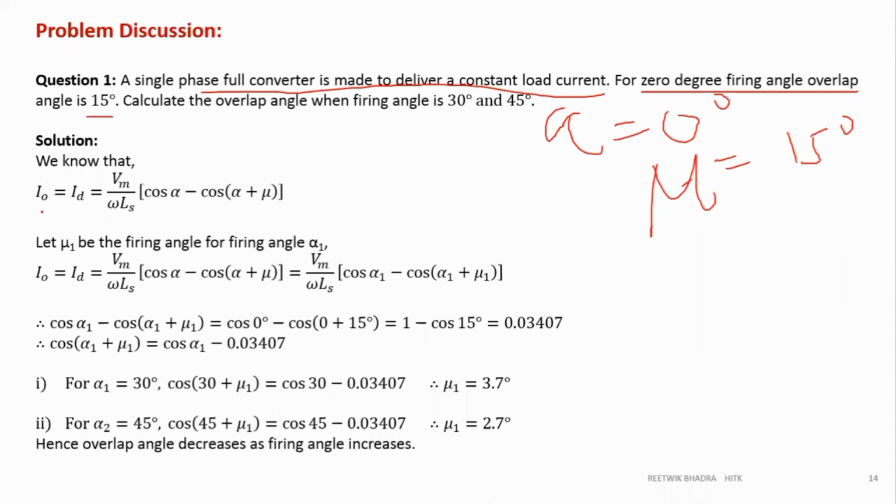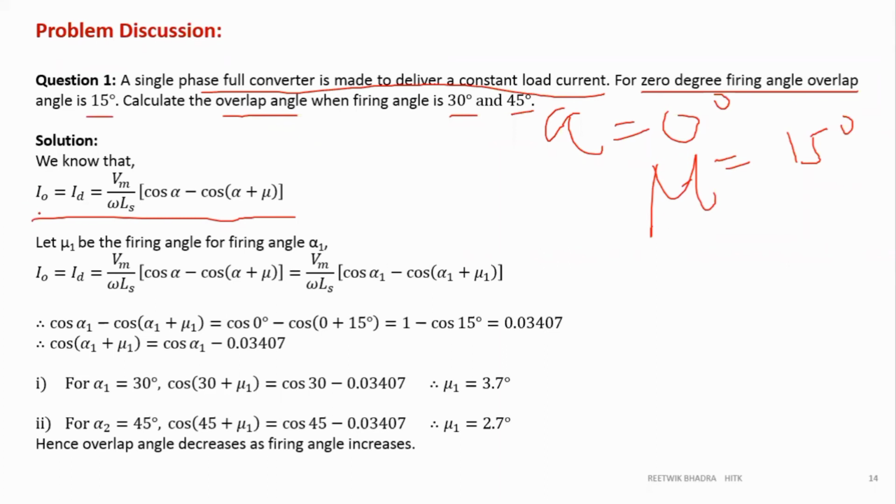Okay, so we'll use the formula over here. We know the single phase converter formula for I naught is equal to this one. Because we are given two firing angles over here, we have to calculate the corresponding overlap angle for that, and the third firing angle is given, alpha. So let us classify those firing angles into your alpha 1, alpha 2 and alpha 3 and try to generalize the equation. Because alpha 1 and mu 1 are given, we'll try to generalize the equation in terms of alpha 1 and mu 1.